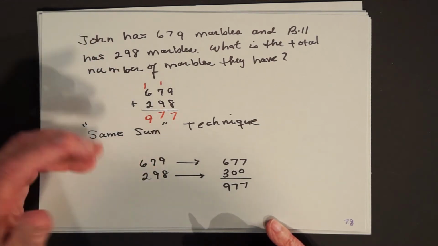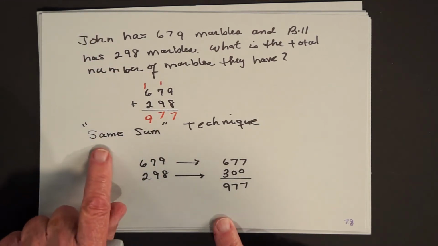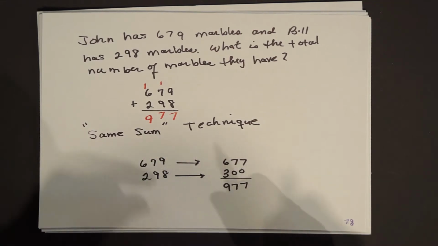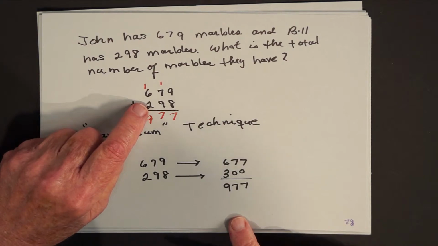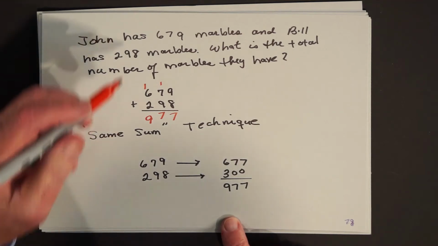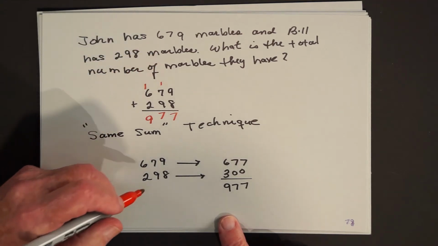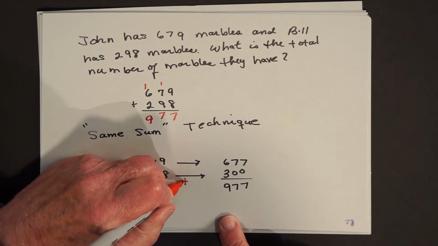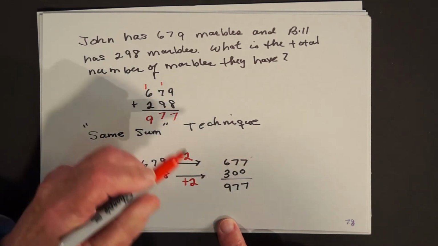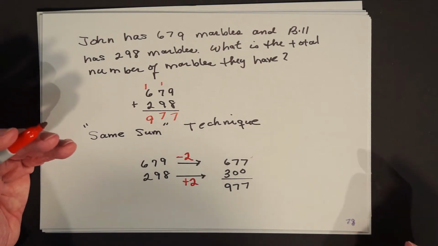Well, by thinking in terms of the word problem, I come up with what's called the same sum technique. What that means is this would have been a much easier addition problem if the 298 had been 300. Well, that's an easy thing to do. All John has to do is to give Bill 2 of his marbles, which means that John has 2 less,